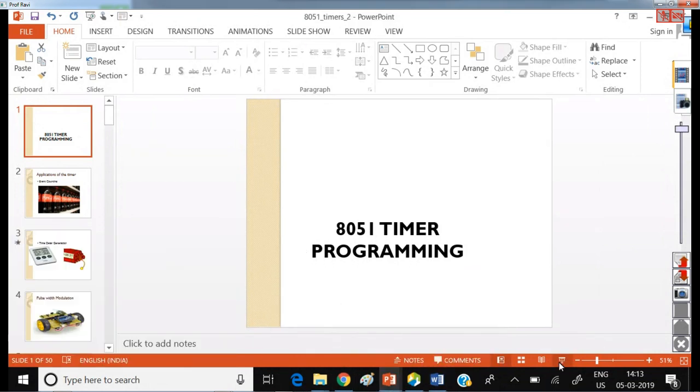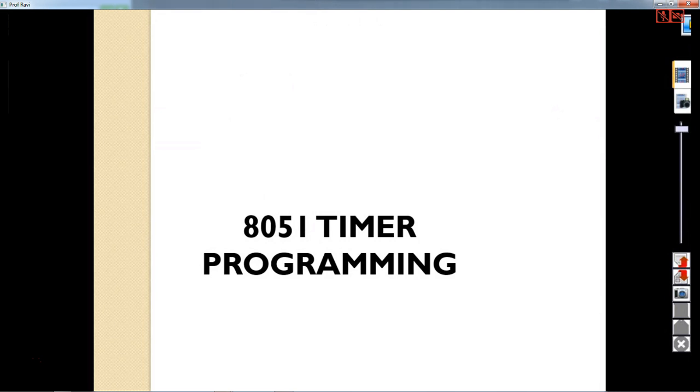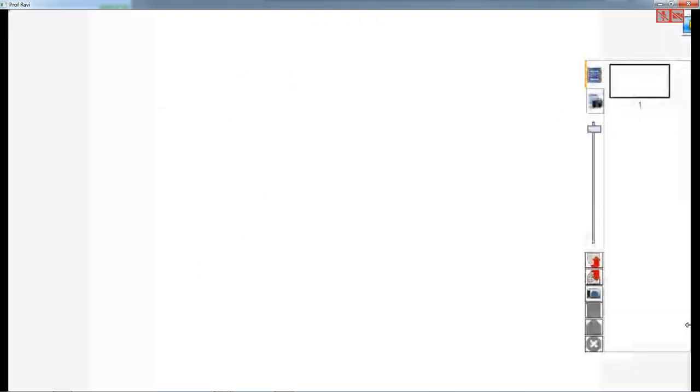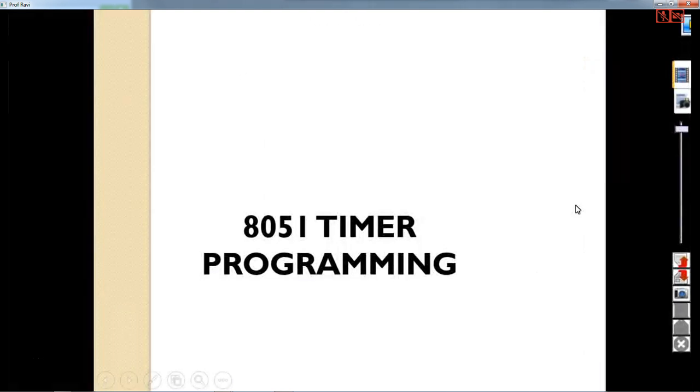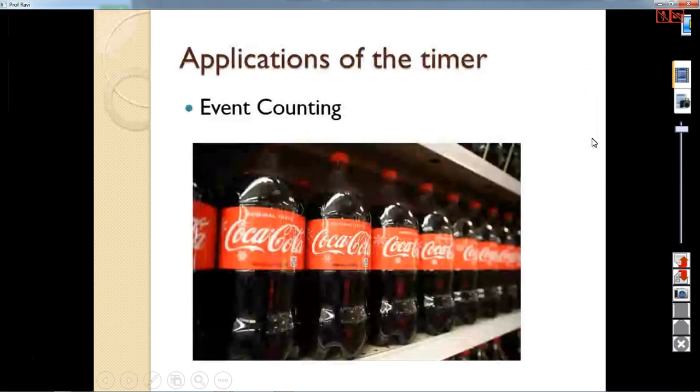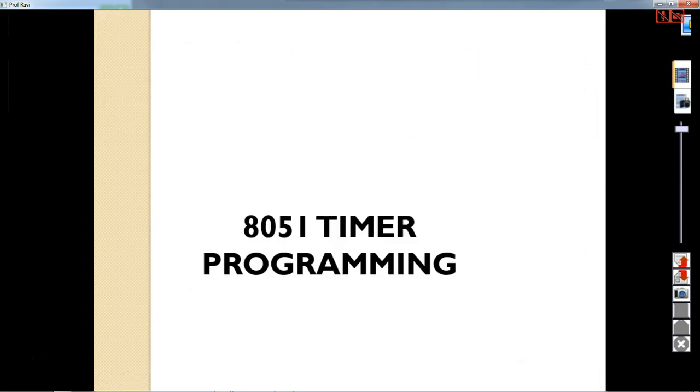So in the last class we have seen about 8051, how to interface analog to digital converter and digital to analog converter through ports is what we have seen in the last class. So now let us try to see the more features of 8051